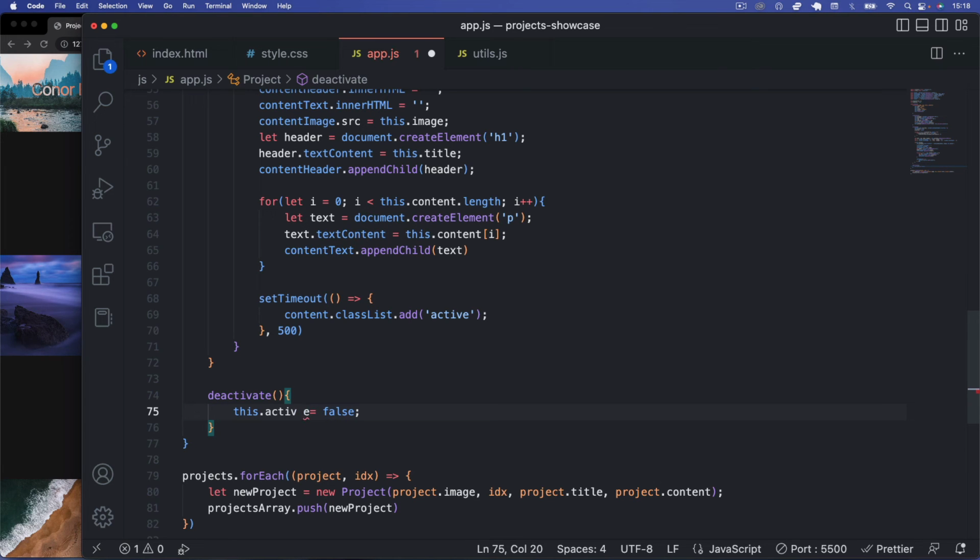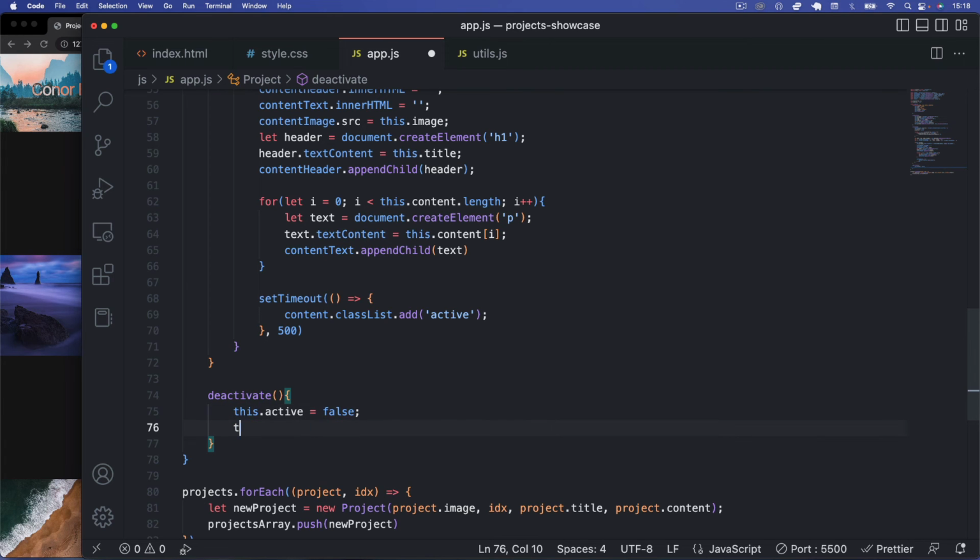And then I'm also just going to say this.gridItem.style.transform equals,